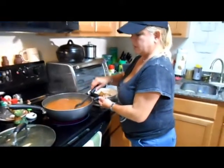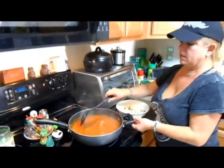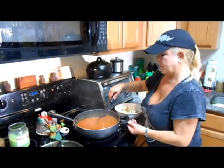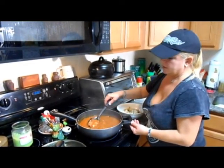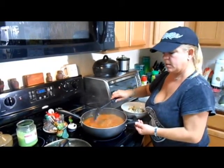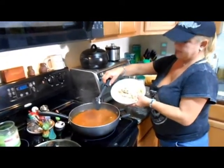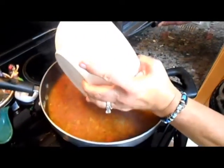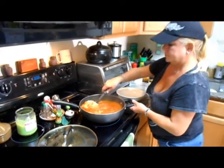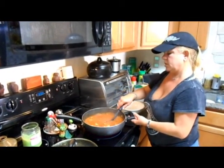Alright, the base of the soup is simmering nicely. Once again, we took the broth from a chicken dinner we made. I sauteed some onions, and I used the garlic cloves from a chicken dinner that we made, and pressed them into this. We have a can of pinto beans, seasoned Mexican pinto beans. We have a can of diced tomatoes and green chilies. And we're going to add the leftover chicken that we had. It's all diced up, chicken breast meat. Let that heat through. In the very end of this being heated through, oh, there's cumin, there's chili powder, there's garlic and onion and green chilies and diced tomatoes and...